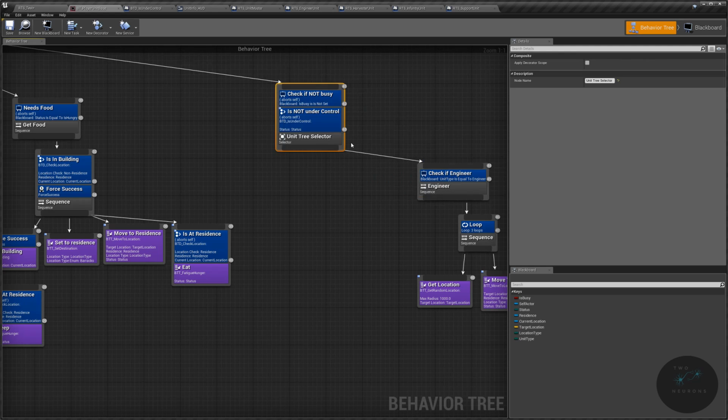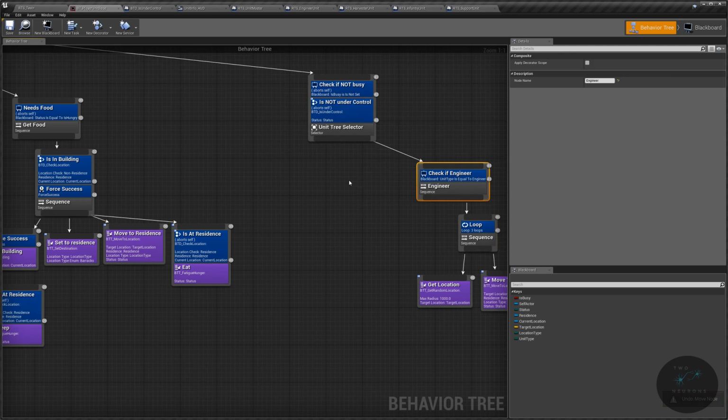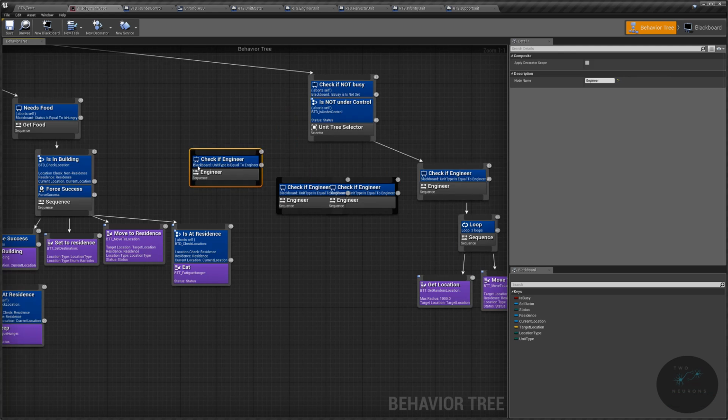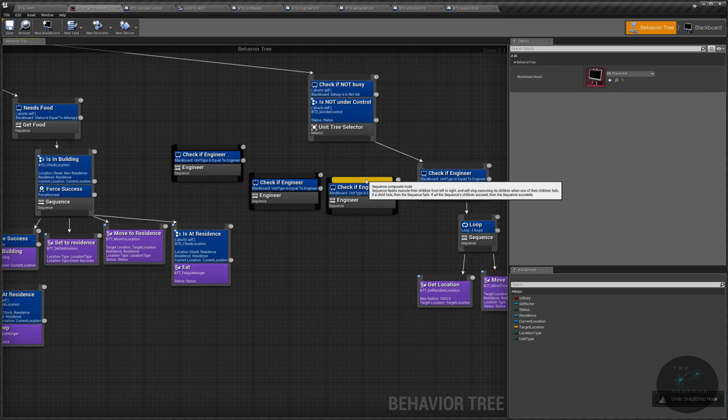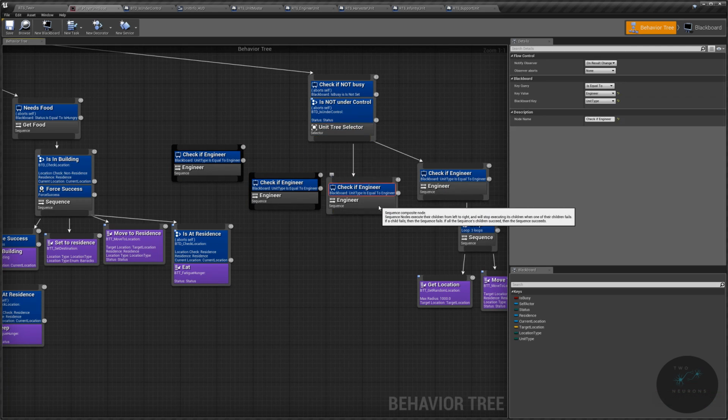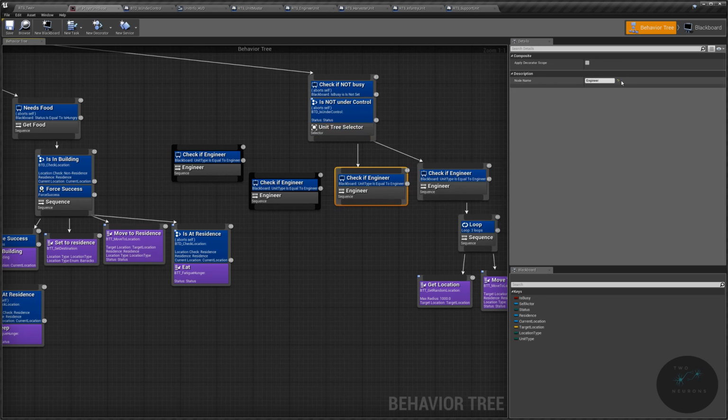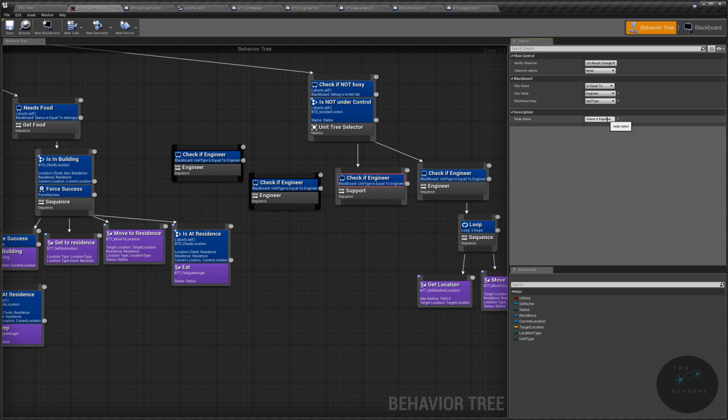I am going to be a bit lazy and just duplicate this 4 times. And I'm going to rename this one to support. I'm going to spell support correctly. That was sad. All right, check if support,